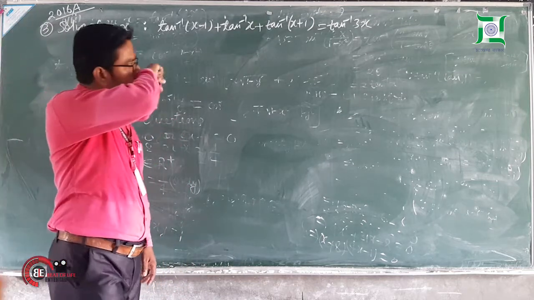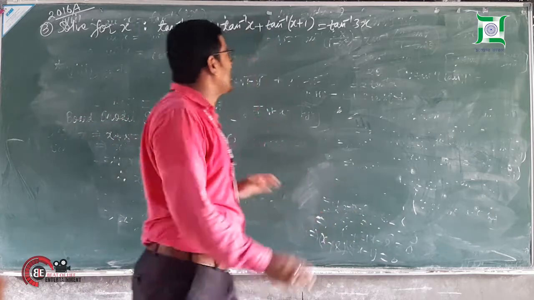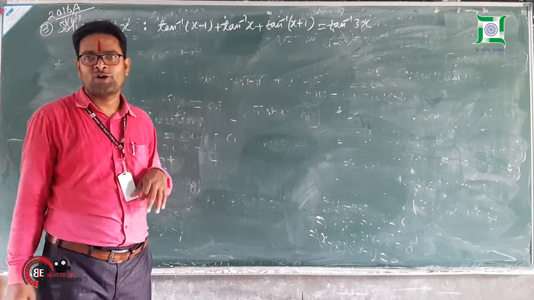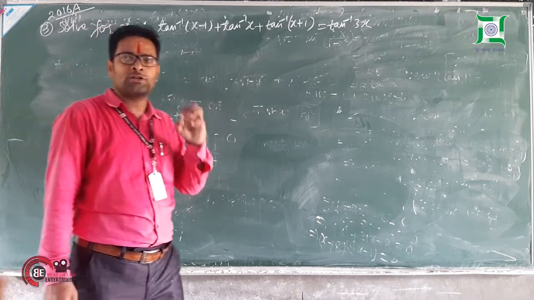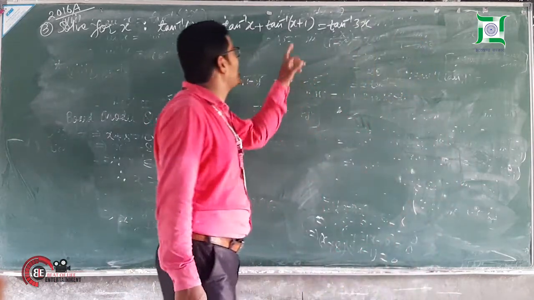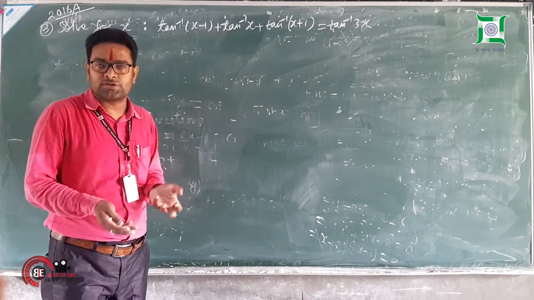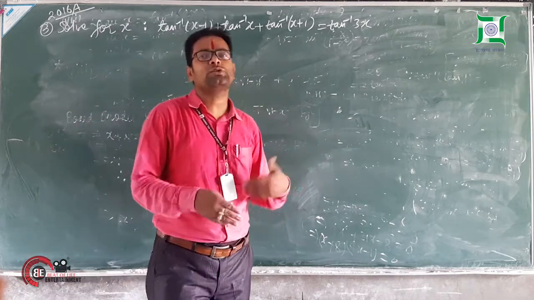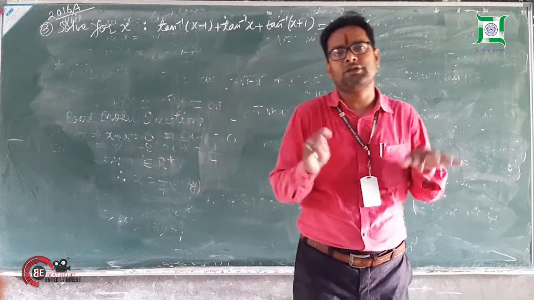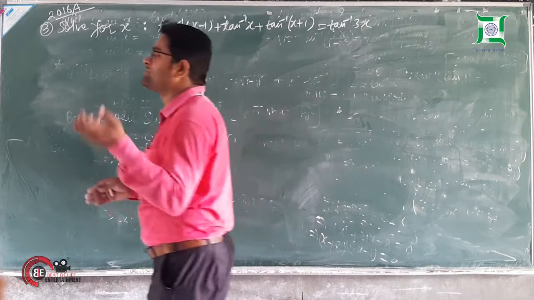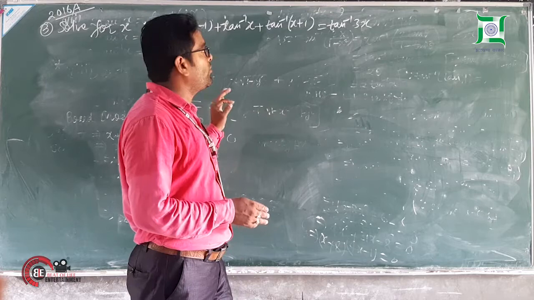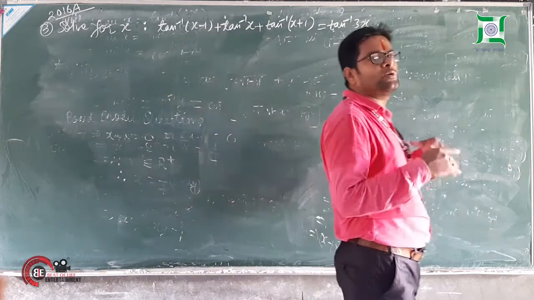Let us see. Now see everyone, we have a total of 4 tan inverse functions. How will you do that? You utilize a little bit of a trick. What is that? x minus 1 and x plus 1 together will give us a good result. x and 3x also will give us a good result, because if they are added, they will make it easy. If they are subtracted, they will make the steps easier. If they are multiplied also, they will give us good steps. So before solving, you make a good plan.